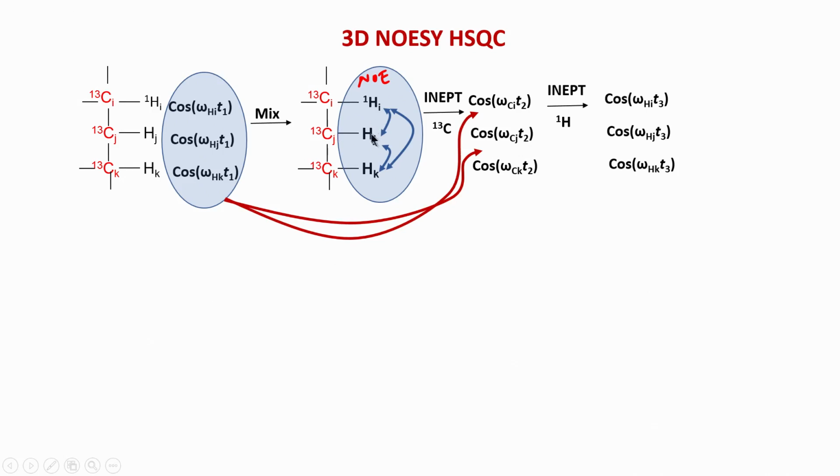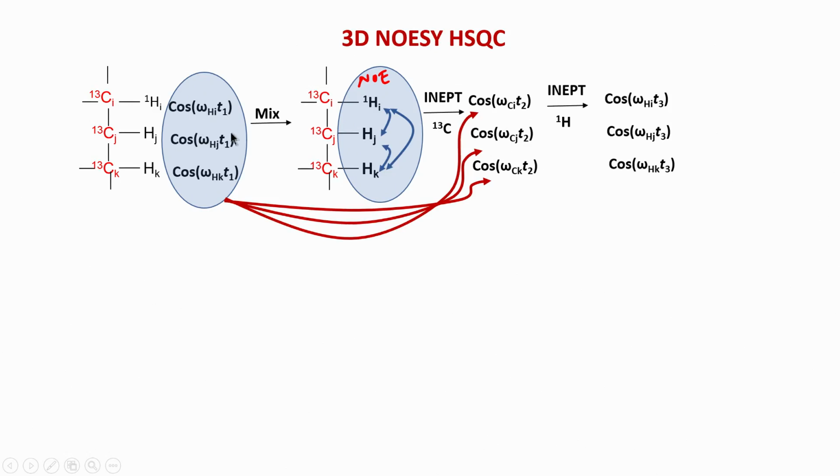Why? Because again if you see here, Hi is transferring to Hj, Hk is transferring to Hj, and Hj is retaining 90% with its own. So, again all the 3 are kept on Hj, and when Hj evolves, this omega Cj term will be connected to these 3 terms, and same thing for the Hk or Ck, because again Hk retains 90% on its own, that is the diagonal peak, but the cross peaks are coming from I to K, J to K.